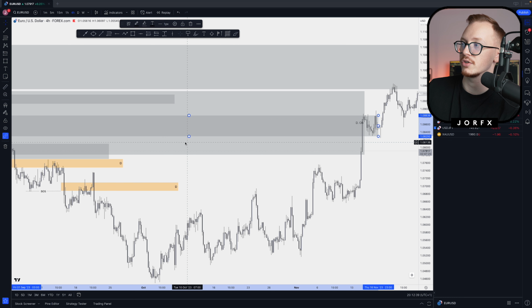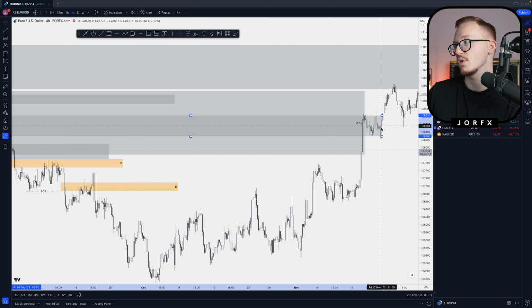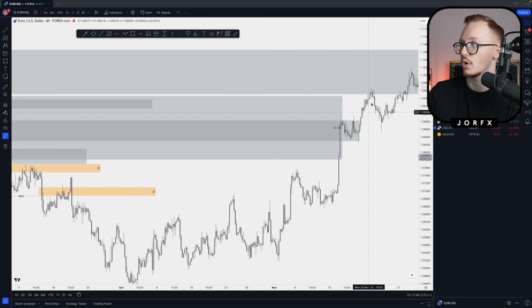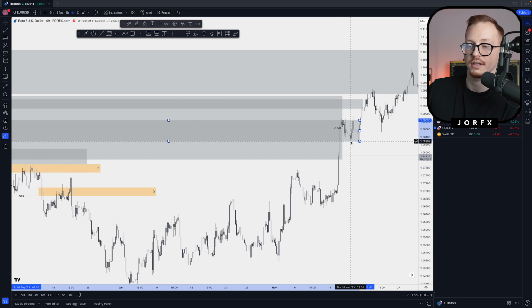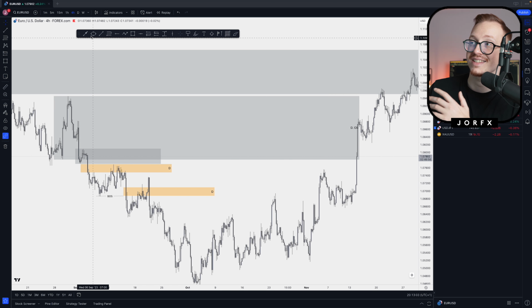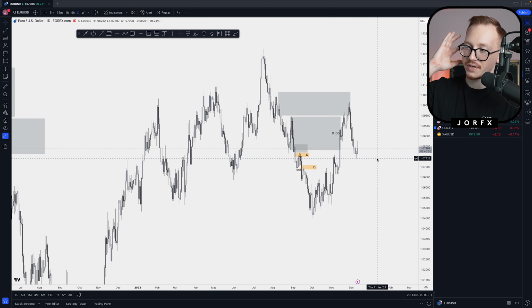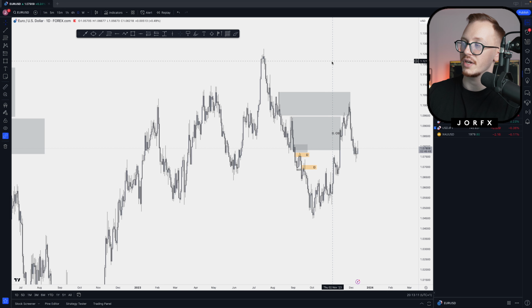And as you can see, once we came into this order block, we went sideways for a little bit. That shows that we might have a reaction coming out of it, but then of course you want to see it going the other way instead of going more up. If you see price break this order block right here, you can be sure that we are not going to respect this one and we go to the next target. So I wouldn't even touch this one,